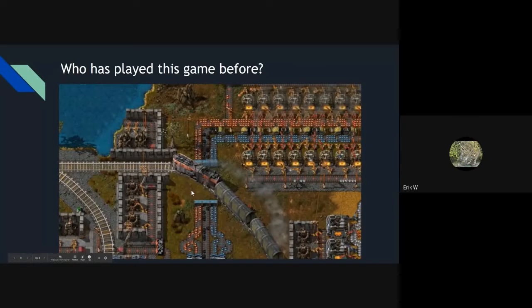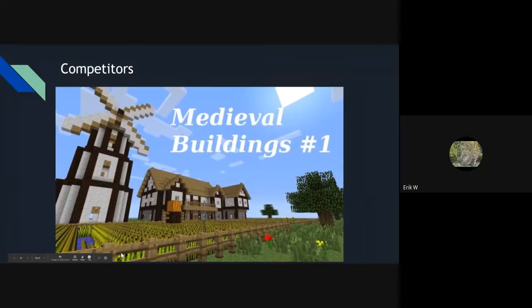Yeah, there we go. Does anybody recognize this game? So this game is actually called Factorio. It's a game where you make a base where you mine resources, and the goal of the game is to make the most efficient pipeline